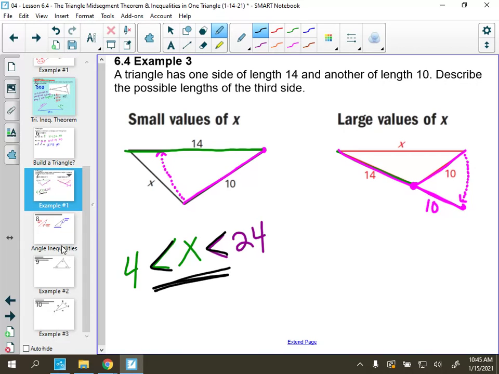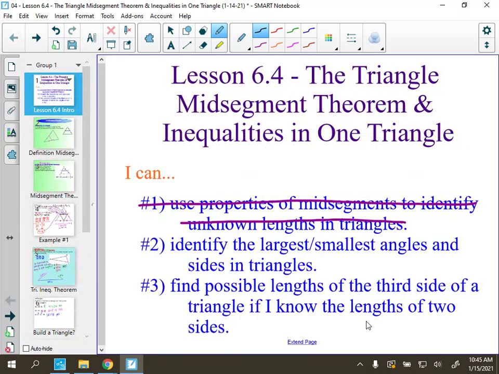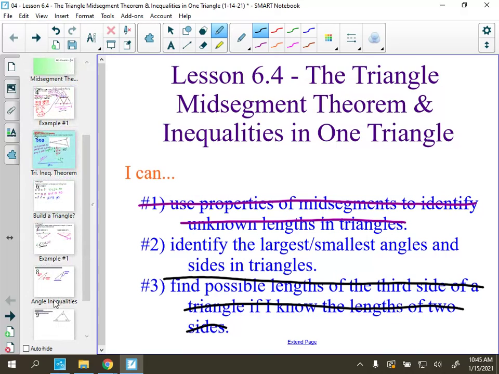Awesome. Here we go. One last. So I think, if we're looking at big ideas, we can definitely find the possible lengths of a third side of a triangle if I know the lengths of two. There was even one we threw in there, like, is it possible to build a triangle given some certain lengths? The last thing we got to look at is identify the largest and smallest angles and sides in a triangle. So that brings us to our last note of